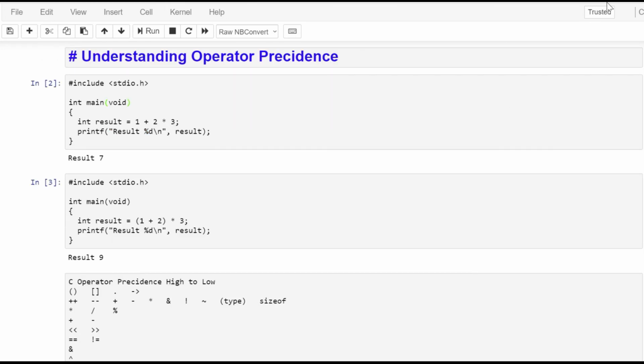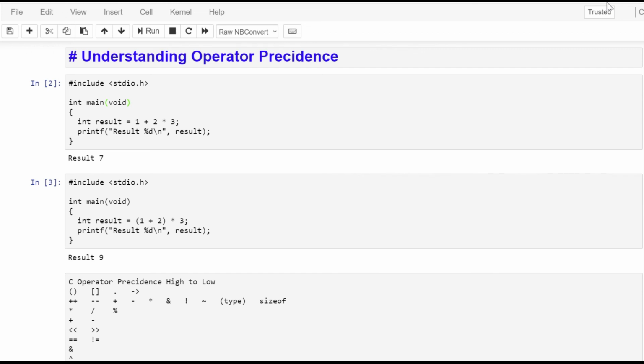And we've touched on the fact that C has a set of rules or precedents that specify which operations it performs first. It's going to perform multiplication before it performs division. It's going to perform division before it performs subtraction. And so there's a precedence table that we'll show here in a minute. But if you don't understand the precedence, you run the risk of getting the wrong result based on your arithmetic